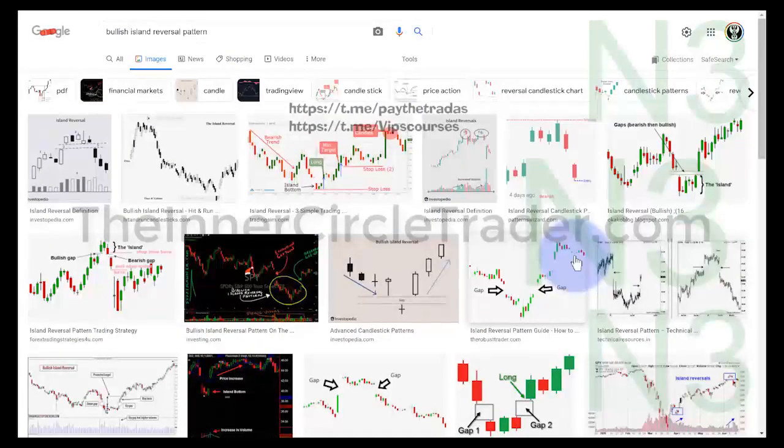All right, if you go into Google and put in bullish island reversal pattern, you'll get examples something like this here. See how you have a gap and you have a gap over here, and all these candles stay down here away from the decline. Then it was an extreme gap. They show another gap in here, but it's this whole collection of price action, and then it gaps away. So it creates this island of candles all isolated by itself away from the order flow up here and the